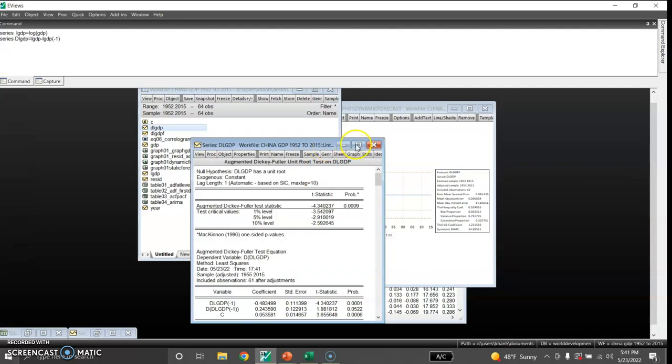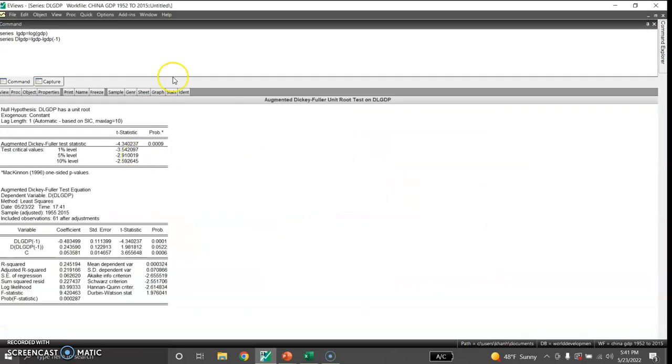And this is now the augmented Dickey-Fuller test, and this value is now less than these values. So the p-value is also less than 0.05. So we reject the null hypothesis that the log of GDP in first difference has a unit root. So now there is no unit root in this. This data is now stationary. Okay, and after this, I would like to